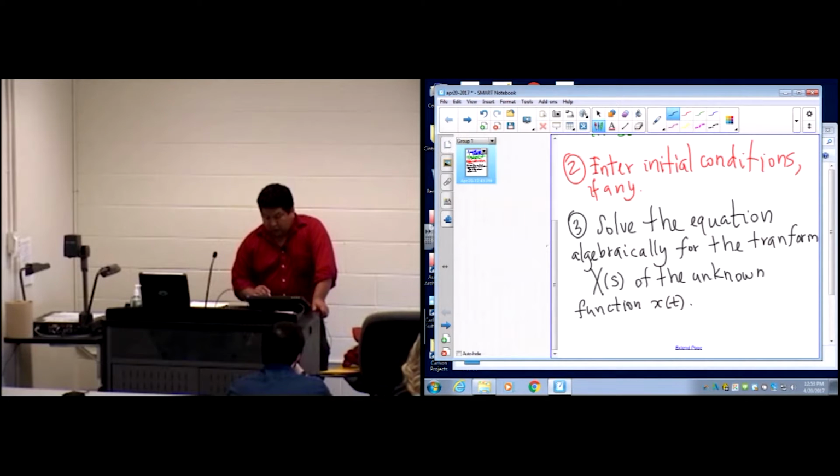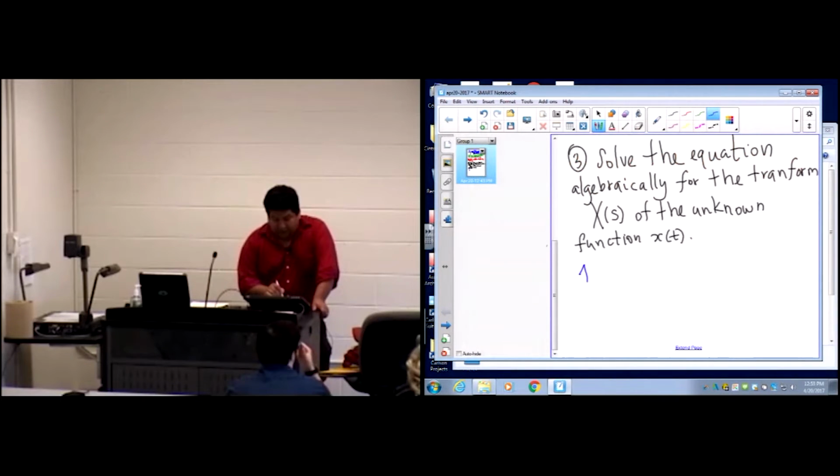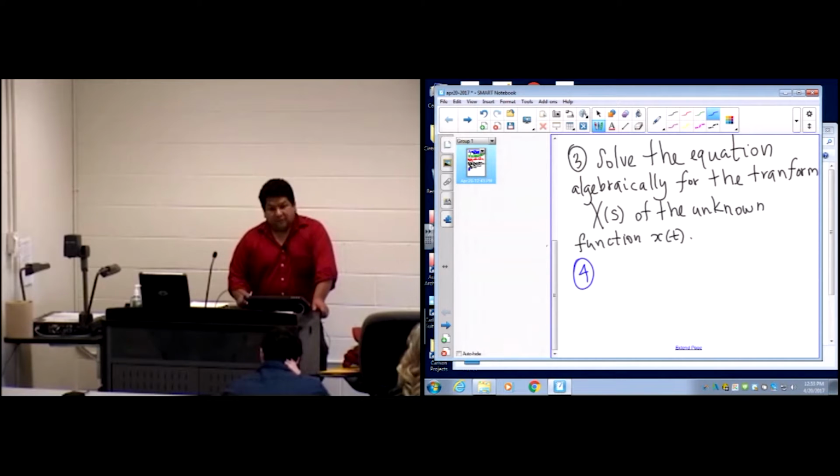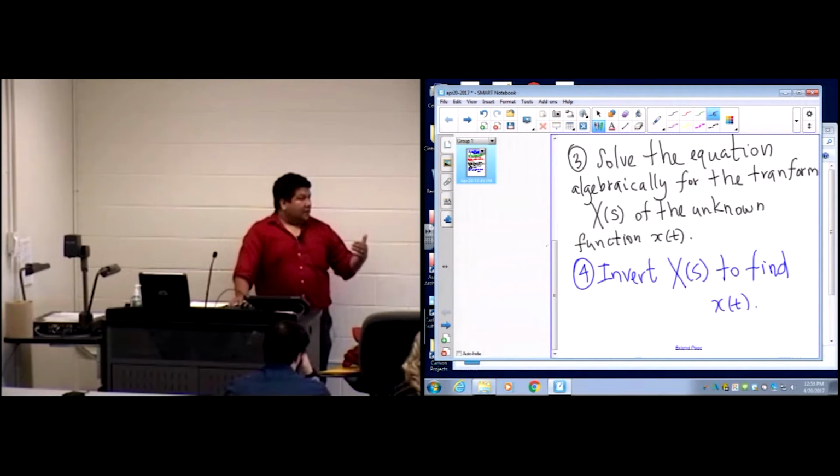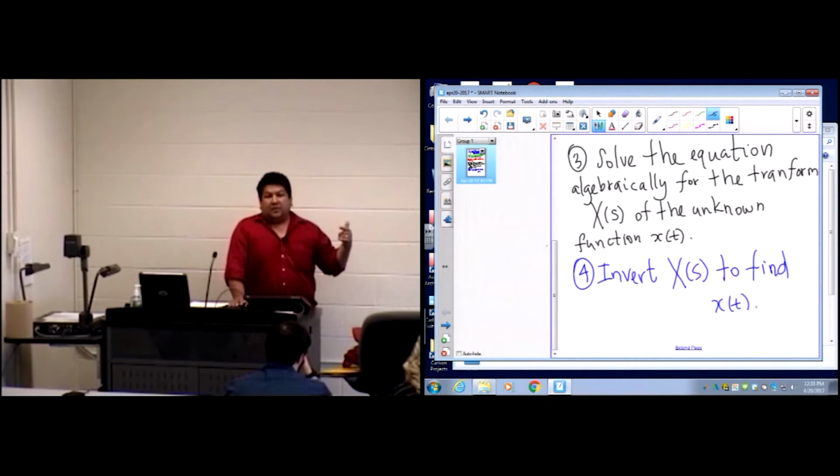So that's the step. The last step is the step in which it is required to use the inverse Laplace transform. We use it at the beginning, switch from time domain to frequency domain, solve an algebraic equation, and then use it again at the end to go from frequency domain back to the original time domain. And it's that step number 4 that typically could be more sophisticated, but it's the step number 4 that requires